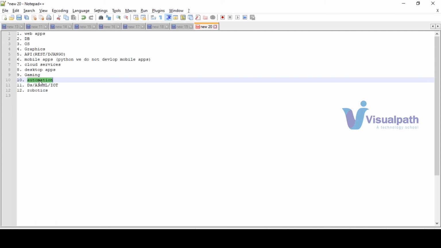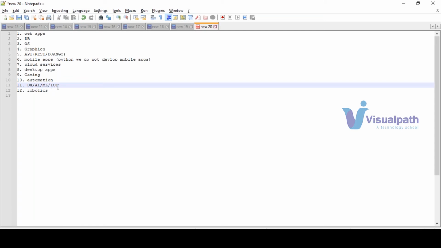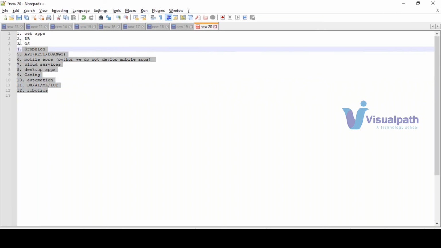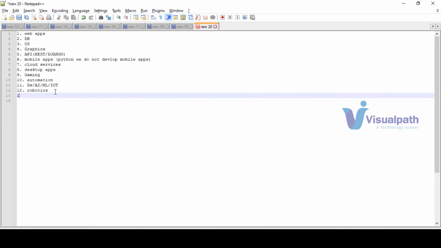Okay, and data science, artificial intelligence, machine learning, IoT, all these things come under a single umbrella, and I'll talk about these things in one of the sessions. Actually this is a very big topic. In a separate session, we'll talk about all these things. So robotics, as I already said, maybe comes under automation. If you see all these applications, they are becoming popular nowadays only.